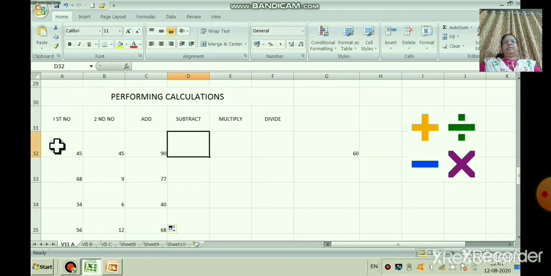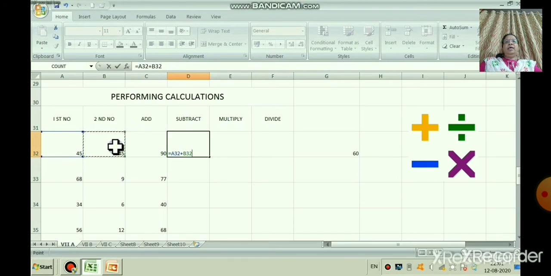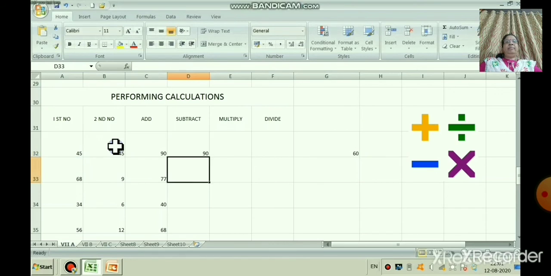Now the same thing, how will you do the subtract? In the subtract, again the cell number is very important, A32, right. Subtract means, all of you know, that is minus. Equal to sign, equal to A32 minus B32, and press enter key.